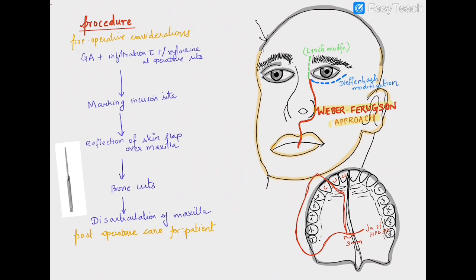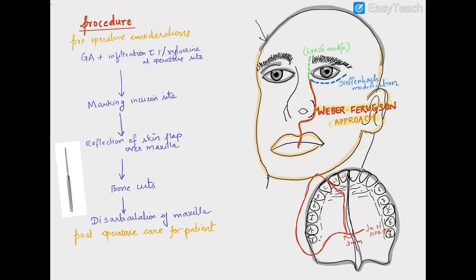You can either extend it laterally till the lateral canthus of the eye, which is called the Diefenbach modification, or you can just extend it superiorly, which is called the Lynch modification. So which incision you should follow: Weber-Fergusson's approach, Diefenbach's modification or Lynch's modification.